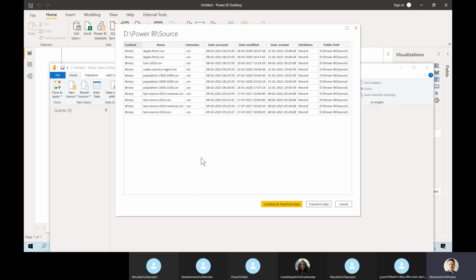But when to use this folder option: you are sure that you have files like Apple part 1, Apple part 2, something like that, or sales by month, sales by location, sales by years. This kind of files should be in the same format: same number of columns, same column types.